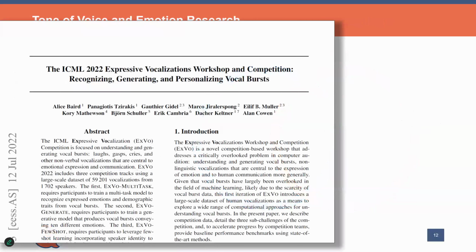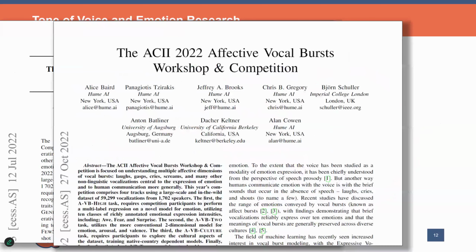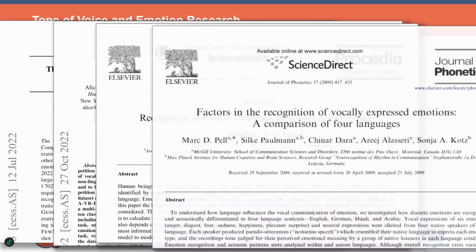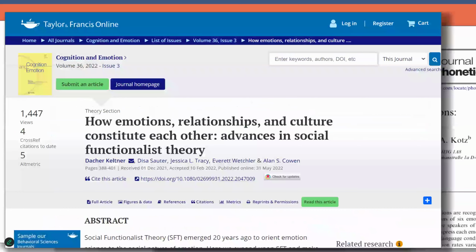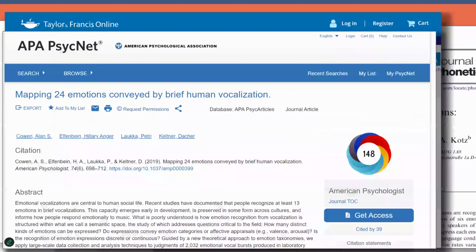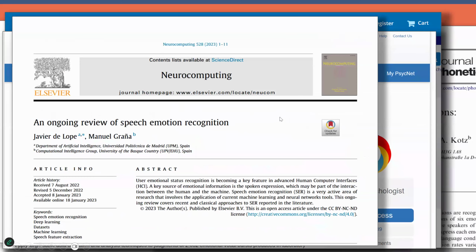The background to that type of analytics is fairly deep and rich. It goes back certainly over the past 30 years. You'll find a lot of different papers out there on what we call speech emotion recognition. The one that I found probably the most useful when explaining to people how it works is this one here, an ongoing review of speech emotion recognition, which basically goes through all of the different publicly available data sets, all of the different methods that people have used over the past 30 years,